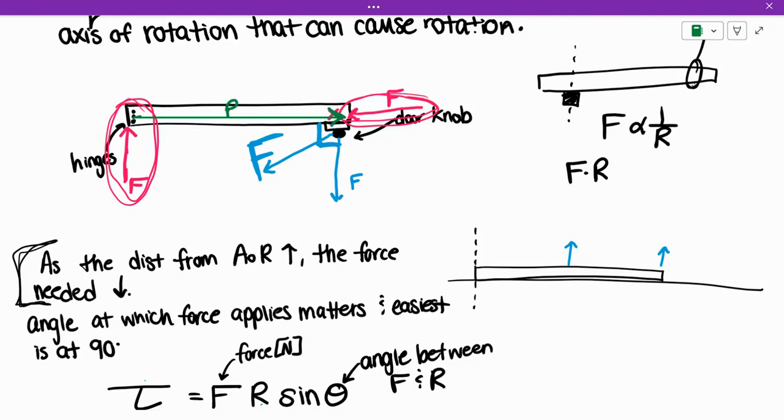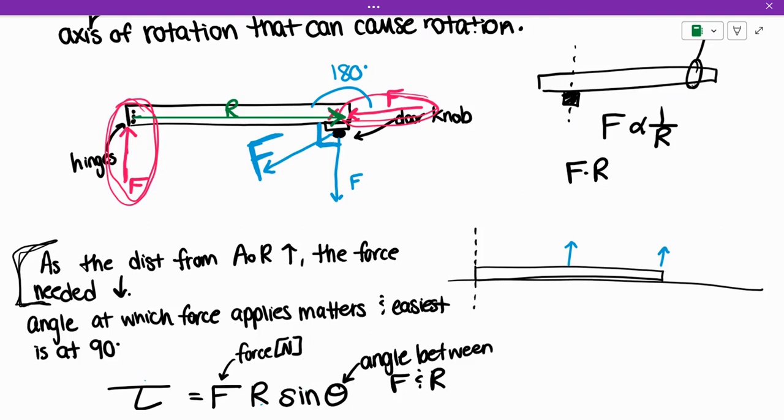So this would be my R vector. The angle between those two is 180. Now the sine of 180 is 0. So that again gives me a 0 on this right-hand side, which is going to give me a 0 on this left-hand side, which is why this force applied